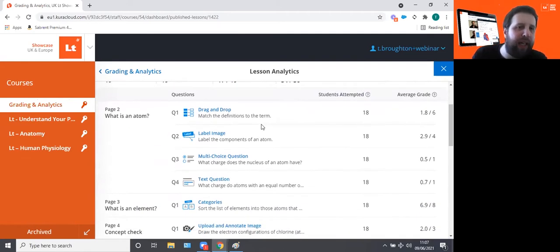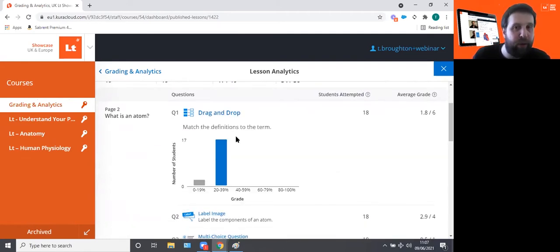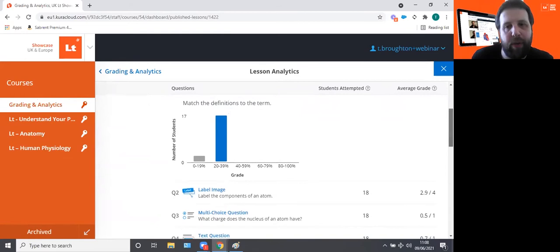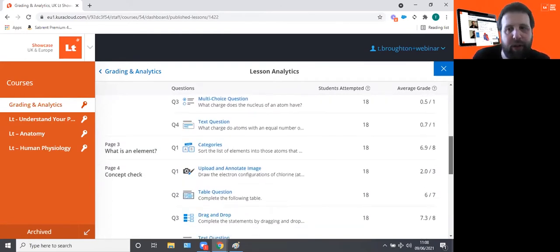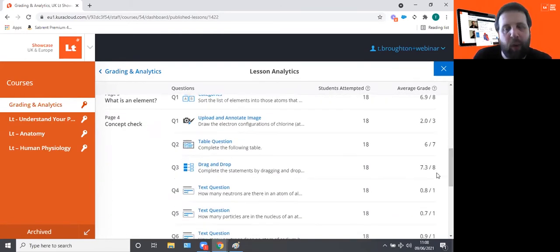But we can actually go to each question that has a grade assigned, and we can expand it out, drill down, and see, in this case for a drag and drop, what's the average grade that a student got, how many students have attempted it, what's their average mark. So quite a nice little bit of stats here for you to go through and just identify if there's a question where the average grade is very low,